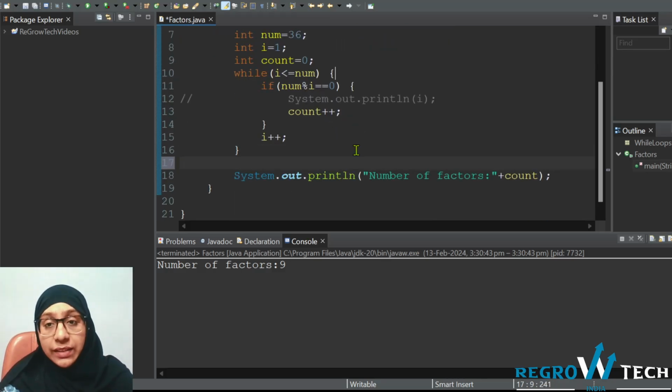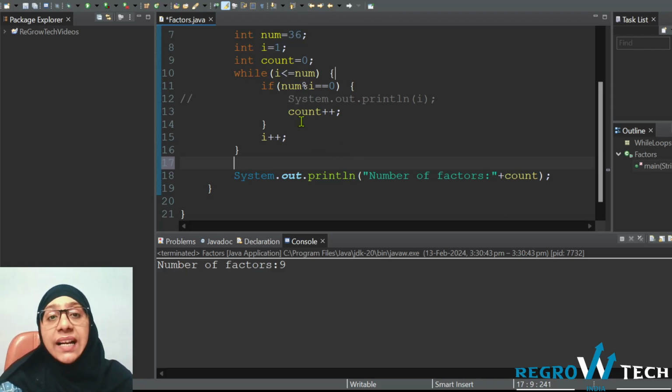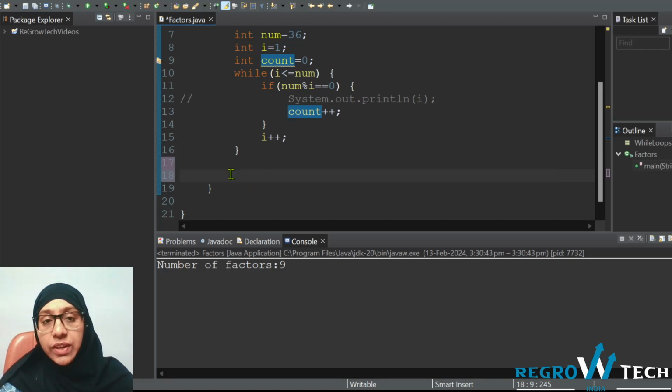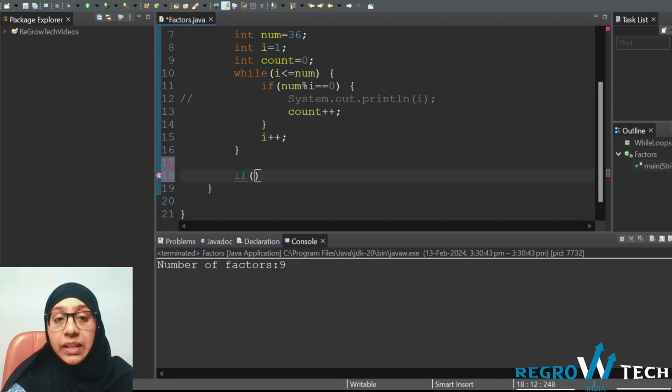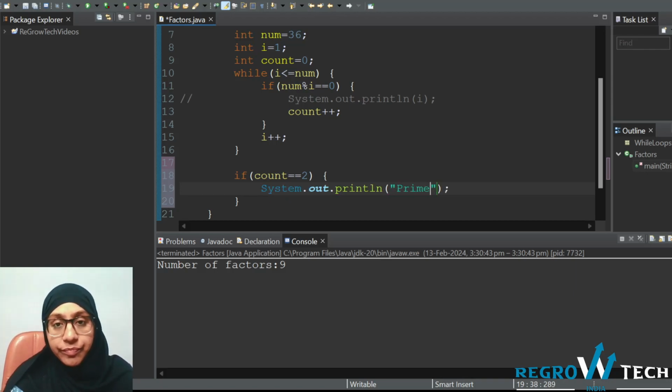Okay, now we said that if the number of factors for a number is only 2, then the number is termed to be prime. And count was the variable that was counting the number of factors. So here we are going to simply check if the number of factors equals 2. Count has the number of factors, so we will write count equals to 2. If that is the case, then we want to print that the number is prime number,